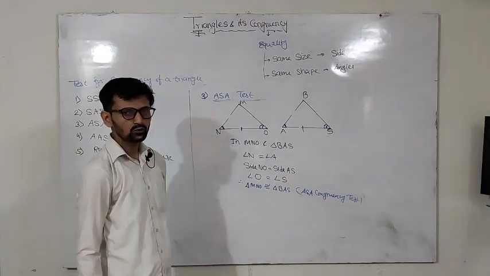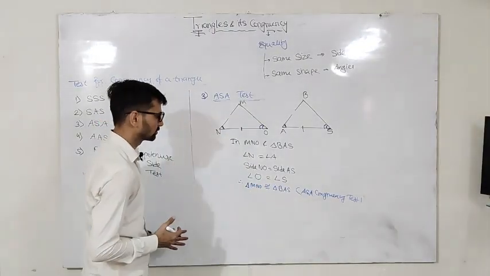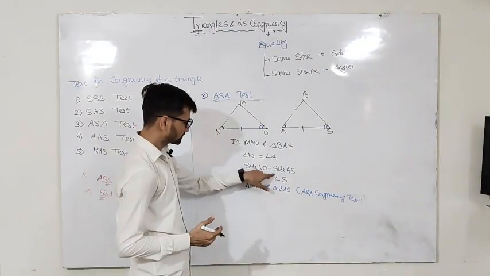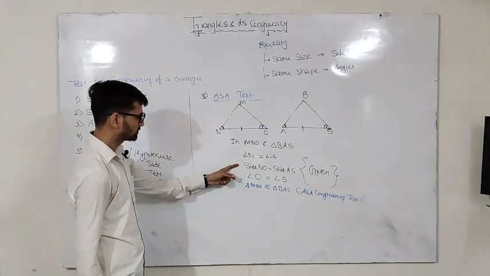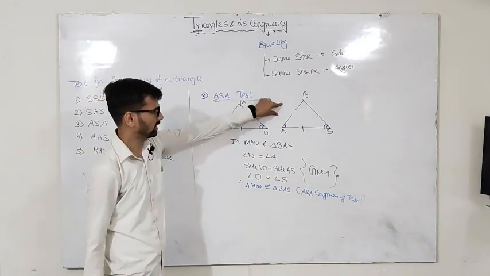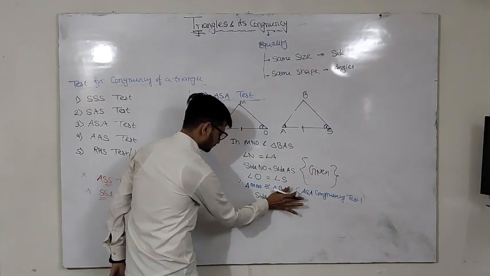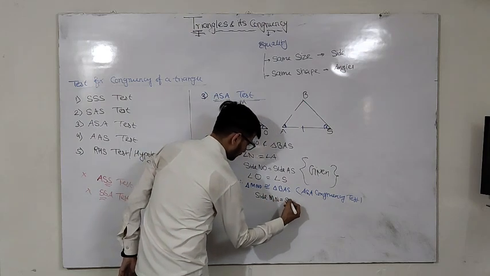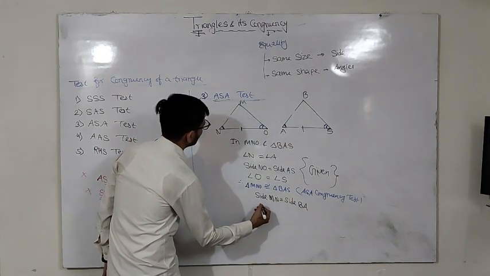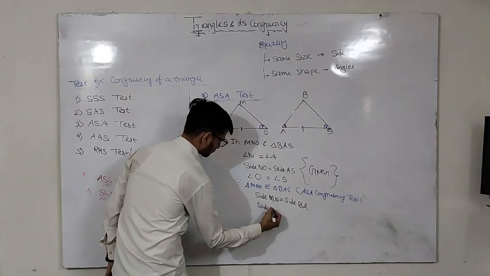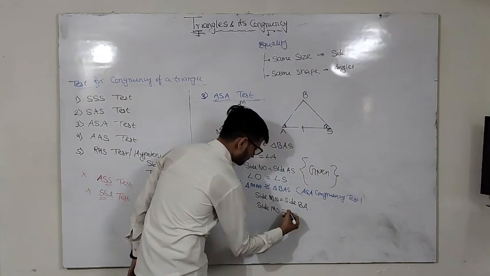As we know, if two triangles are congruent, then their corresponding sides are congruent and their corresponding angles are also congruent. So here we covered one side. This is given in the question. So here we covered one side, so we are left with two sides, MN and BA. Therefore side MN equals side BA, and side MO equals side BS.